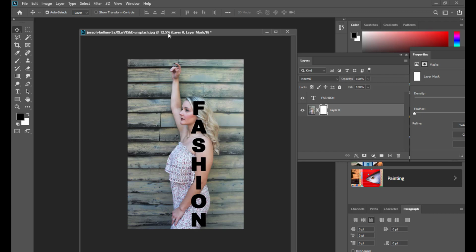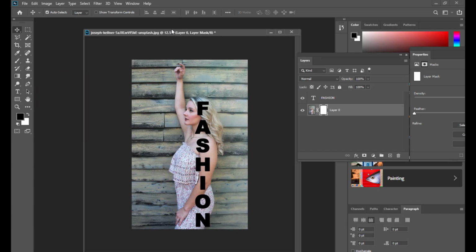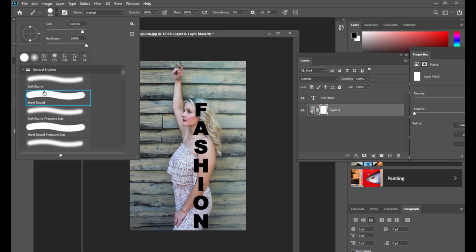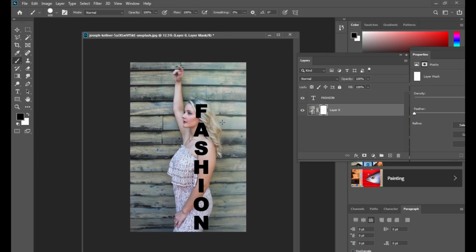So you can either use the eraser tool, or the best way is to use the brush tool. Don't use the eraser. Even though you can erase the image with the eraser, for this example we have to use the brush tool, and we are going to select a hard rounded brush, right?